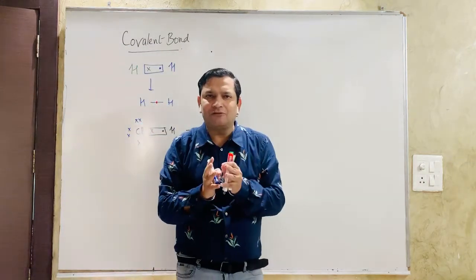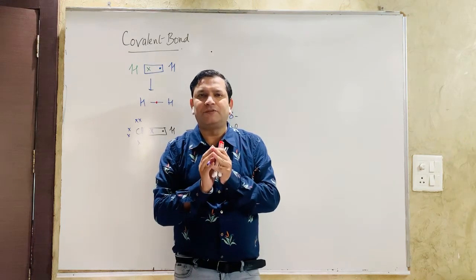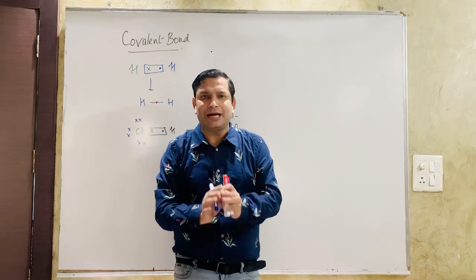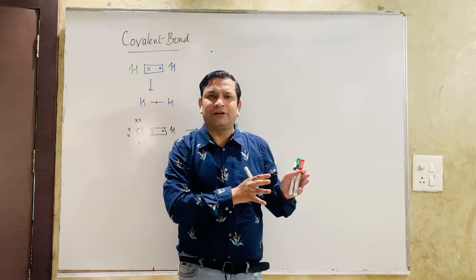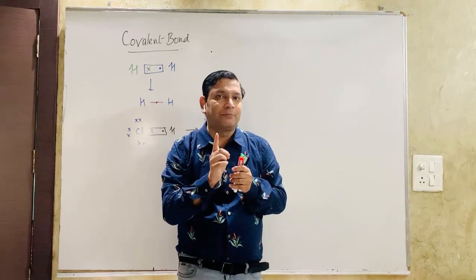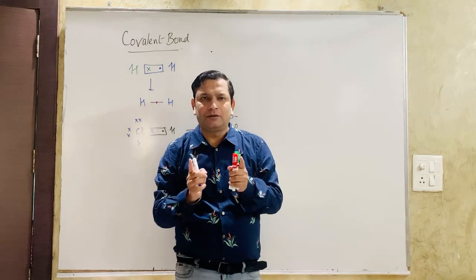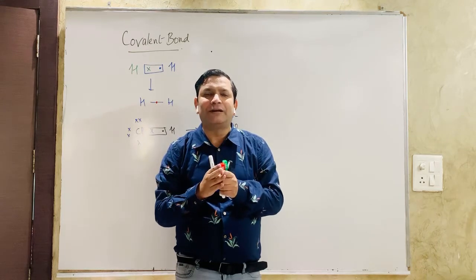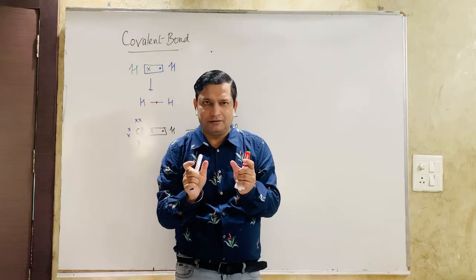Both have one thing in common: they both have a shared pair of electrons, which is under the influence of the nuclei of both the atoms. They lie on the internuclear axis. But in a polar bond, one atom being more electronegative is capable of withdrawing the electron more towards itself, remember. And if we have both the atoms similar, then it is exactly in between on the internuclear axis, under the influence of both the nuclei to the similar extent.